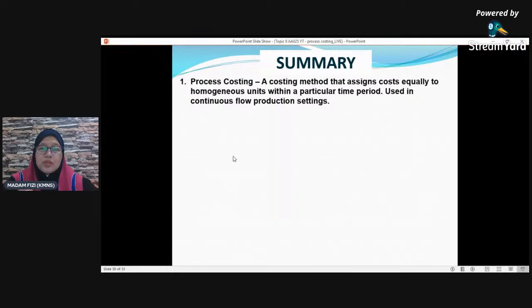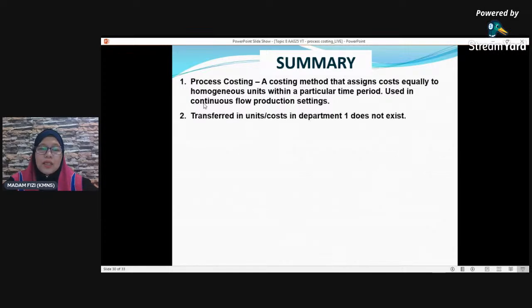Okay, maksudnya process costing ni adalah kita nak kira cost untuk barang-barang yang homogeneous, yang sama jenis. Dan barang-barang tu adalah secara continuous, berterusan, dan selalunya barang-barang yang secara pukal, yang kita produce secara banyak, mass